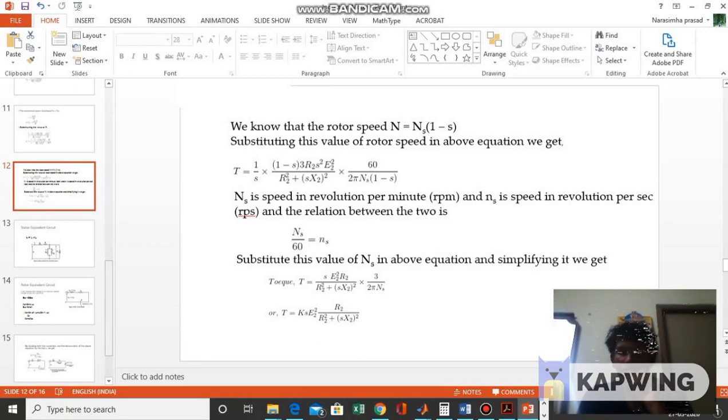If the load is increased slightly, what happens? The torque required by the load is more than the torque delivered by the motor. So what happens? The rotor starts reducing its speed. If the rotor reduces its speed,